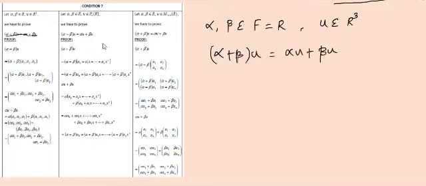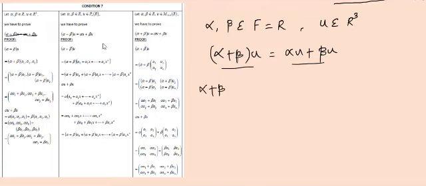You can pause the video while watching and check what was written here, and you can hold for a minute and see what steps were adopted. While listening condition by condition, you can pause the video and check it out instantly. Now, we have to prove alpha plus beta into U equals alpha U plus beta U. It's very simple. See how we are proceeding with the scalar multiplication.